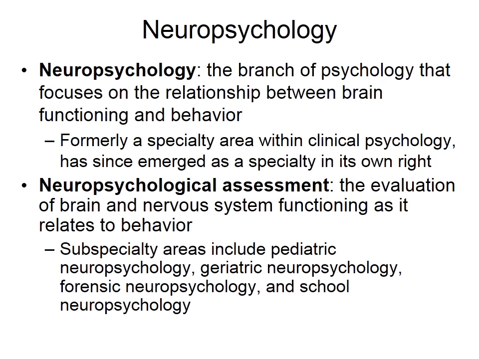There are many subspecialty areas, including pediatric neuropsychology, so basically how people from pre-birth all the way up to a quote-unquote adulthood develop. So basically the neuropsychological structures of how the brain is developing, how the neurological systems are developing, and how those change, and how those changes influence behavior. Geriatric neuropsychology, so basically again, as we age and start entering into late adulthood, how the physical changes in the neurological system affect behavior.